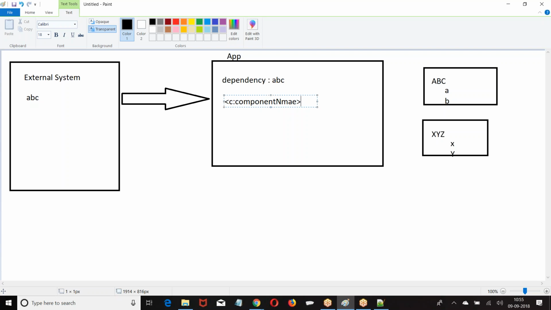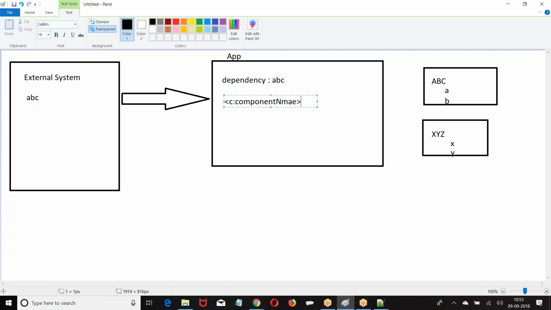Now you may say A equal to 1, B equal to 2. Right? Our external system may give A equal to X, B equal to Y. Now what are those properties? I am not going to decide that based on the functionality. The external system will decide what is the value of A, what is the value of B. If I am calling c:componentName A equal to 1, B equal to 2, I have to give the attributes. But I am saying I am not giving the properties right now. The properties will be decided by the system which is calling.